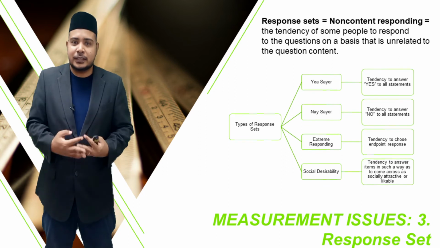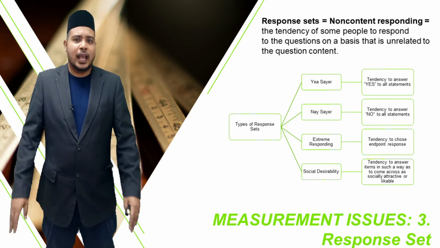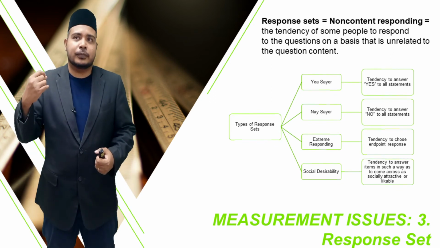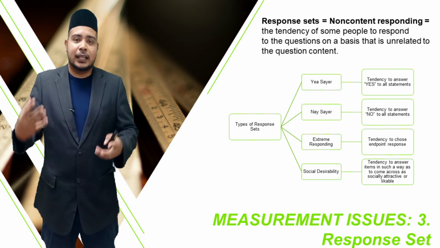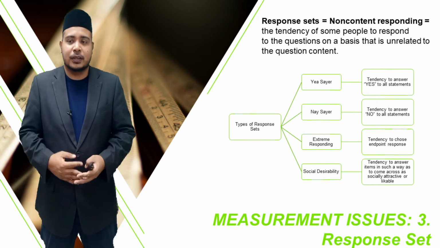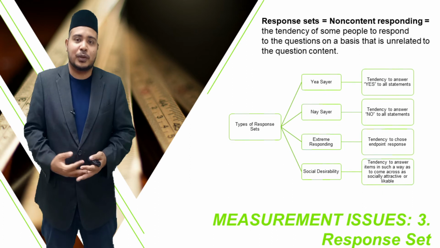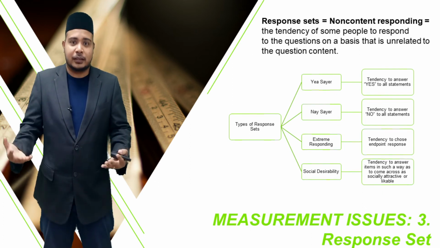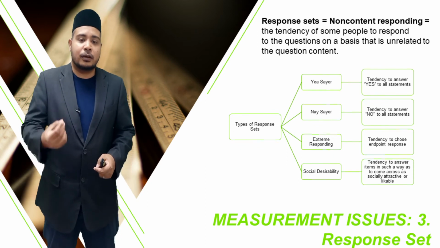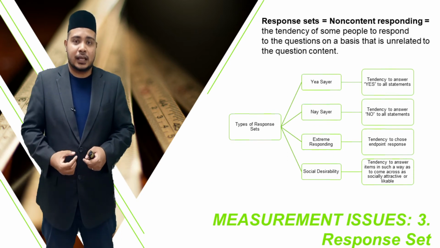Even though the person doesn't like cats, hates cats so much, he knows that women or girls like men who are sensitive, for example. So they will say yes. Okay, they will answer strongly agree. I like to pet cats, even though they hate cats so much. So why? Because of social desirability.